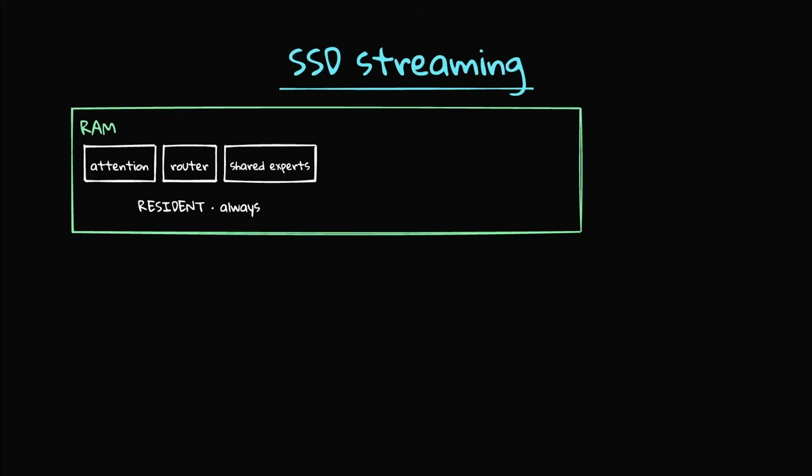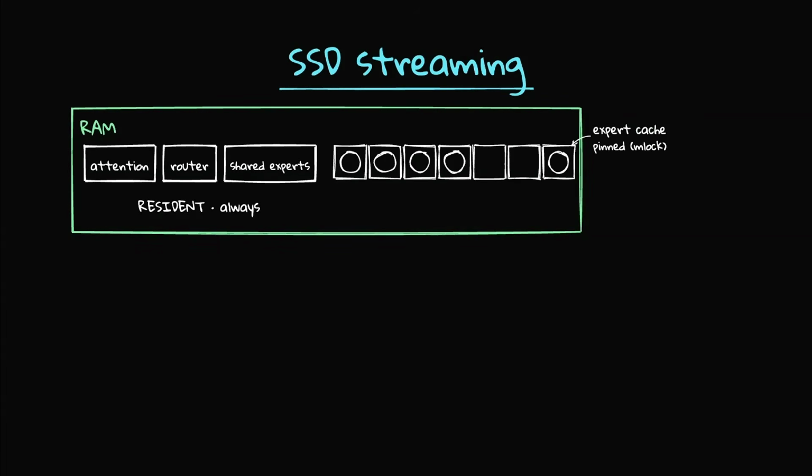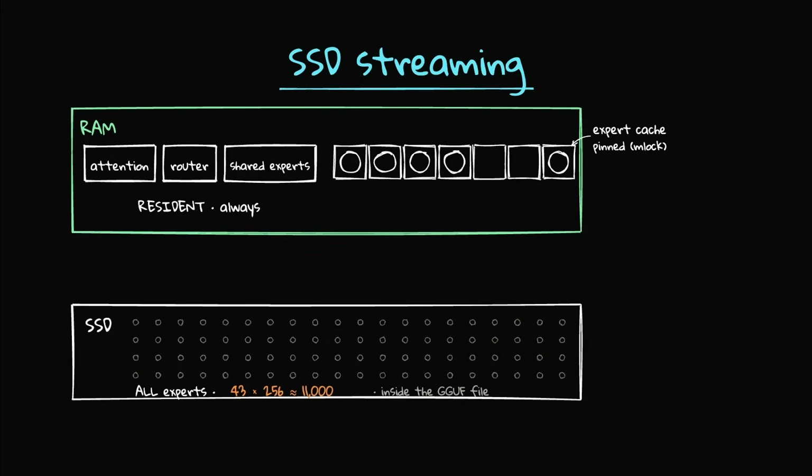They are needed for every token, so they never leave. Now, next to them, DwarfStar carves out an expert cache, which is basically a set of slots pinned in memory, each holding one complete expert. And the full set of experts, which is about 11,000 of them, stays down here on SSD inside the model